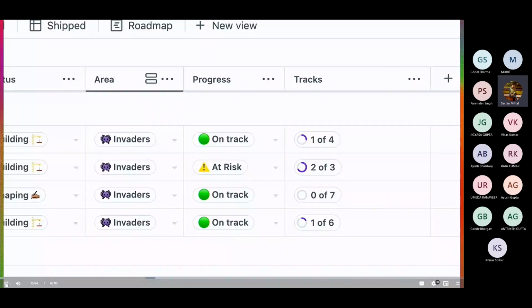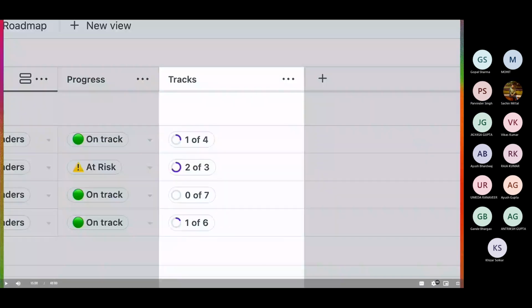get insight into issue relationships with the track, allowing us to scan